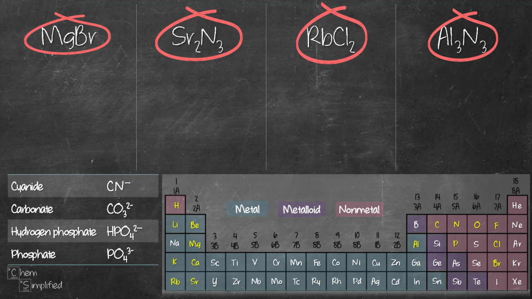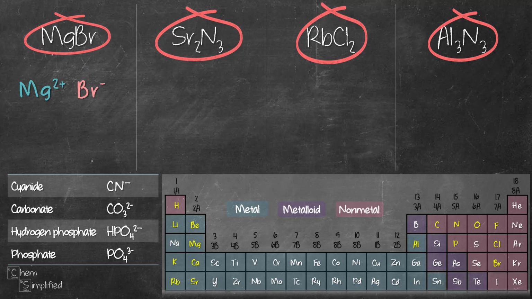Let's start with the binary ionic formulas. Binary refers to 2 types of atom in the ionic formula. So these 4 are the binary ionic compounds. Let's go from left to right. The first thing we need to do is figure out the charge of each ion. We always write the positive ion first, which is the cation, on the left hand side. In this case, the first formula, it's going to be Mg2+. The negative ion, which is the anion, we write on the right hand side. And in MgBr, that's going to be Br-.